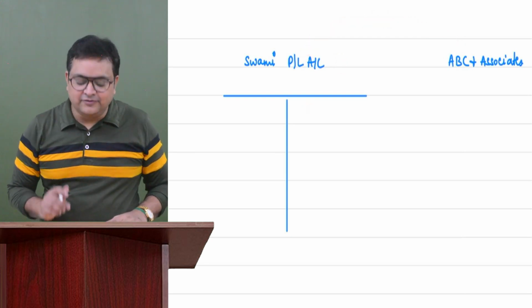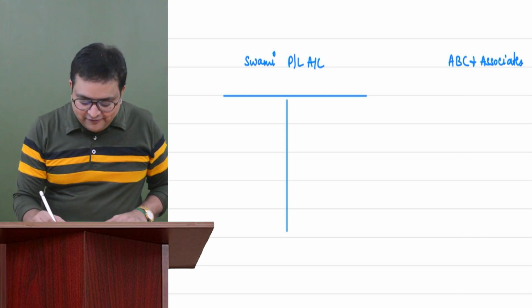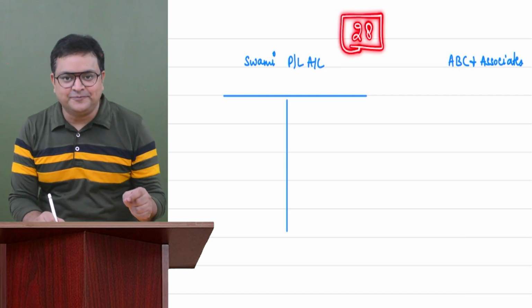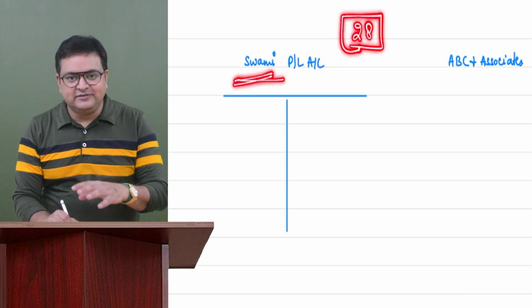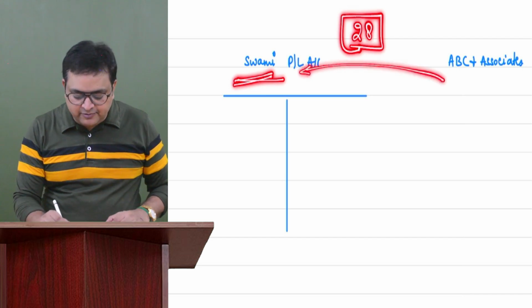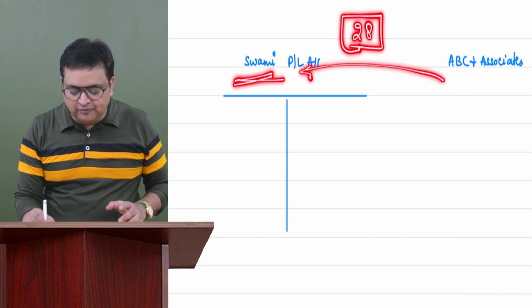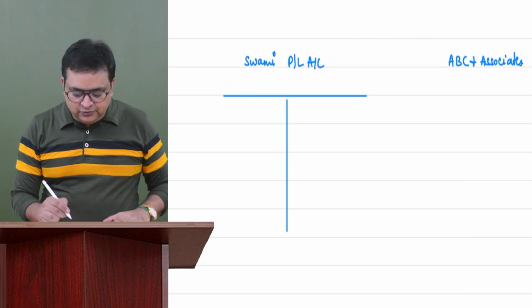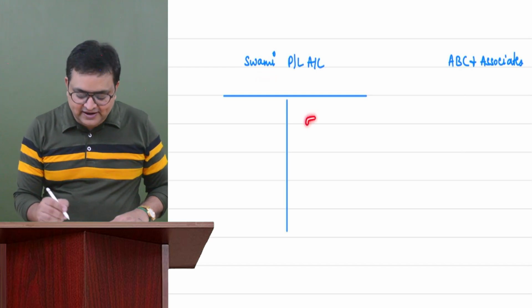So please revise your concepts also. We know that we have section 28. Section 28 is the charging section of PGBP. It says, if you are a partner in any partnership firm, and if you are receiving remuneration in the form of interest, bonus, commission, salary, etc. from the partnership firm, this is your PGBP income. Fine enough. So what is given to us is Swami's P&L account, and in his P&L account, let's say